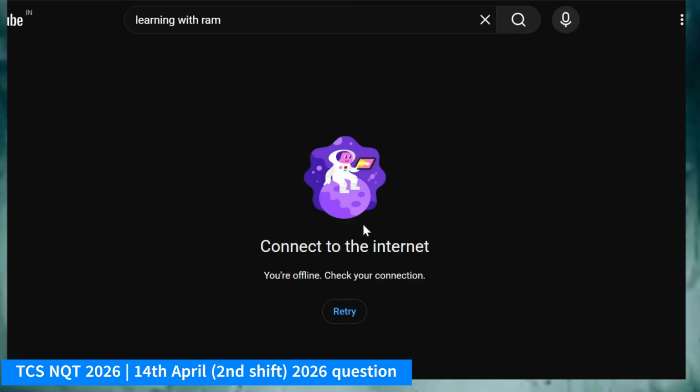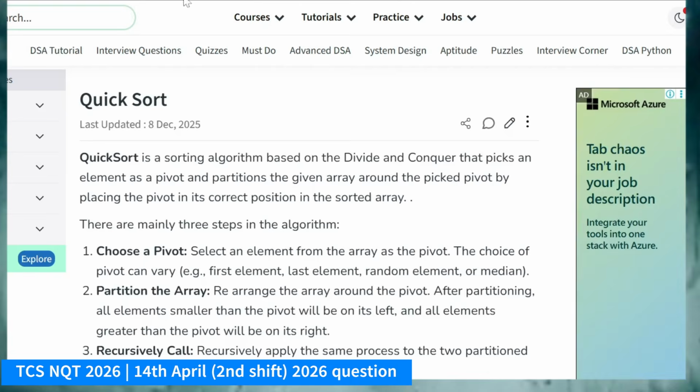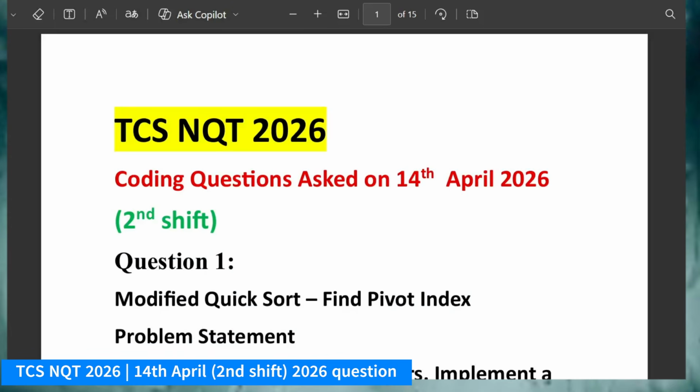Again, friends, if you are a candidate who has not done much preparation, then I suggest you ignore this shift and focus on array and string based questions. Why I'm saying this: because you will not be able to do the graph based questions or the hard level questions they are asking, and it's not possible. So focus on that. Again, it's completely bad luck, I can say. So let me discuss without wasting our time.